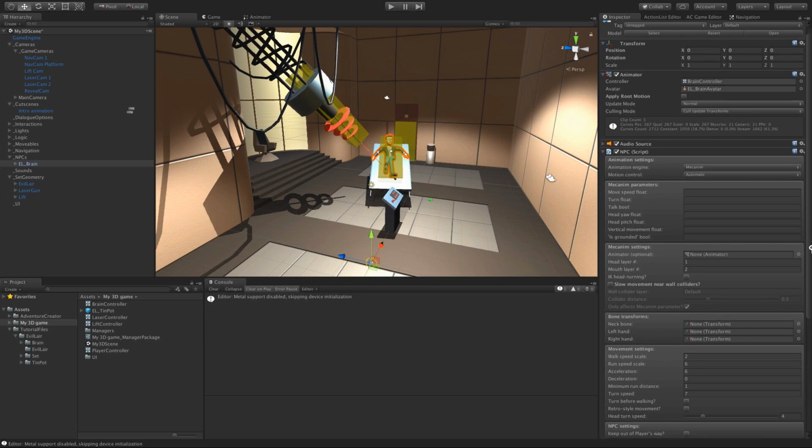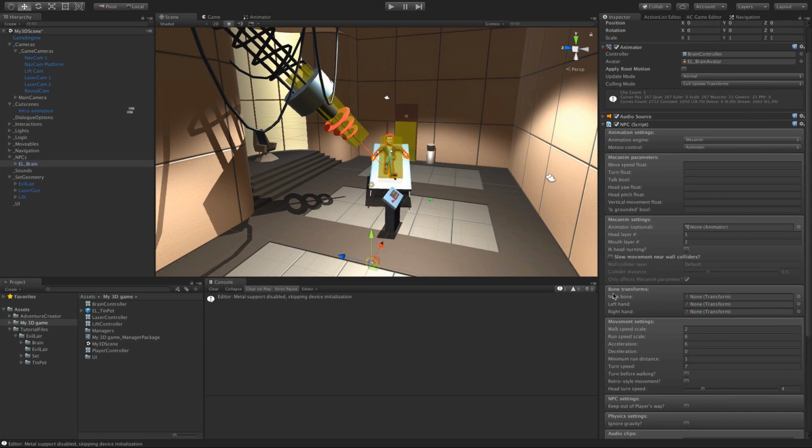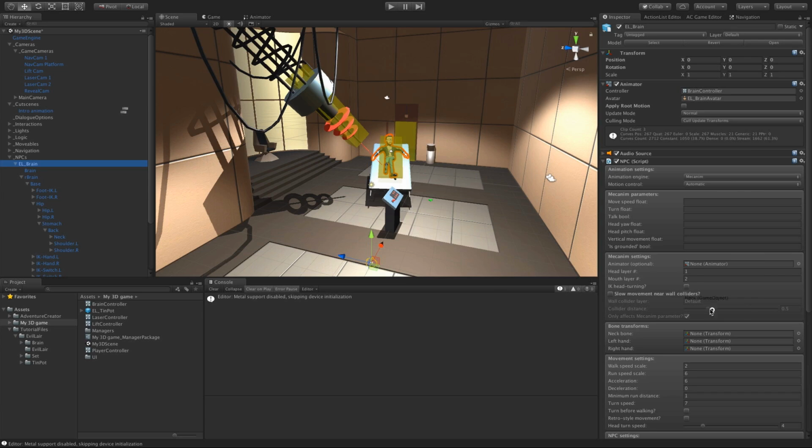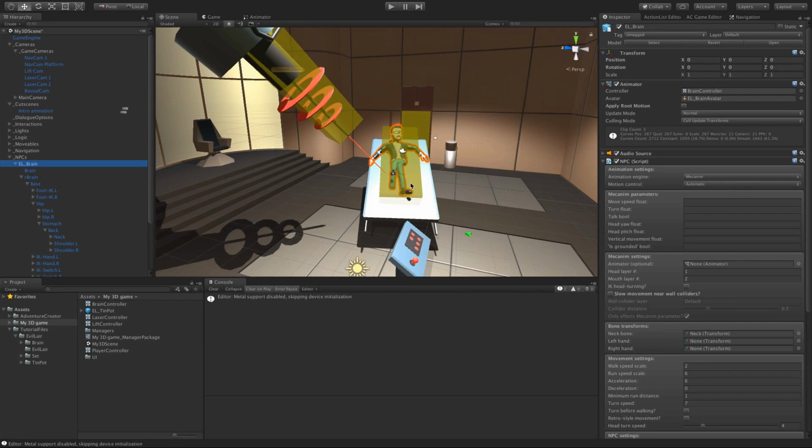So in the NPC component, we have a list of bone transforms and one for his neck bone. If I go into his hierarchy and expand his rig, hip, stomach, back, and then neck, I'll assign neck into his neck bone transform, and then the player will pick that up when we're told to look at the NPC. So he'll look